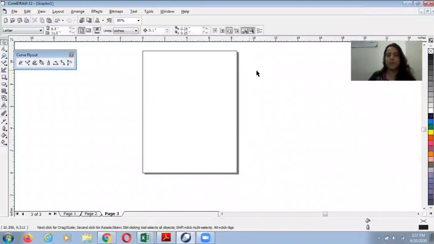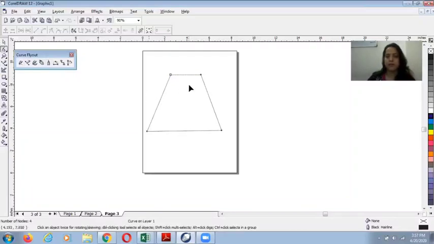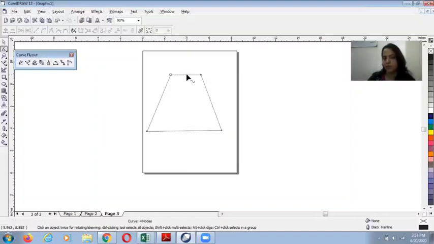Now I'm going to give you a demonstration on skirt. I'm using Bezier tool again. You can see here, I'm making a block figure first. Then I'll go to shape tool. If I want, I can give individual curve to the line. Suppose I want to give curve here. I'll click on the center part, right click to curve. Then this line will be curved.